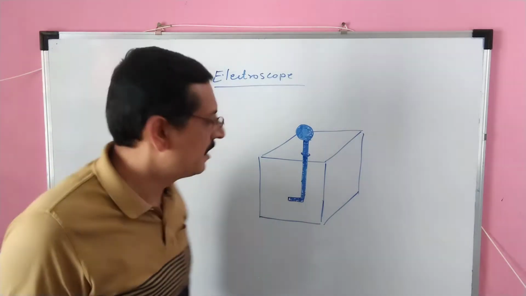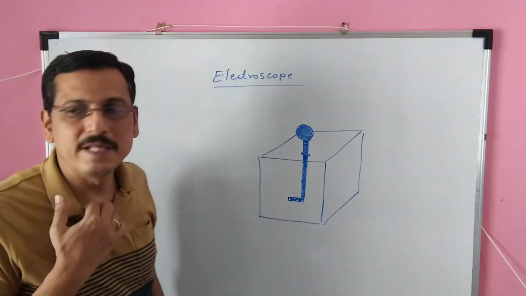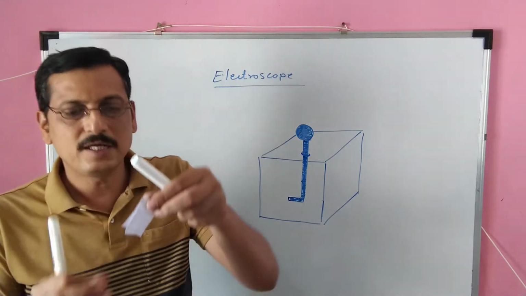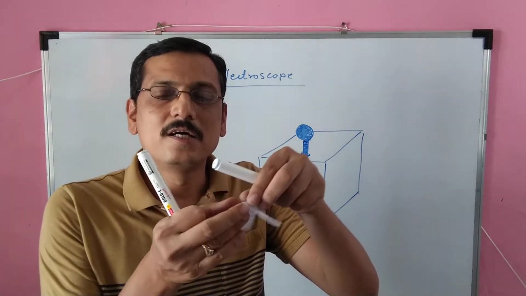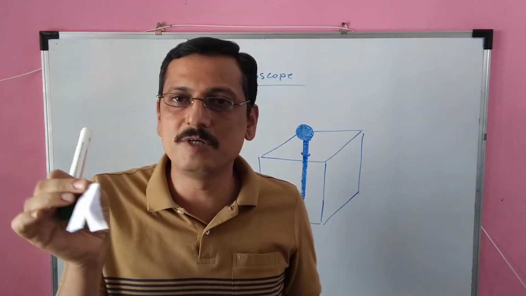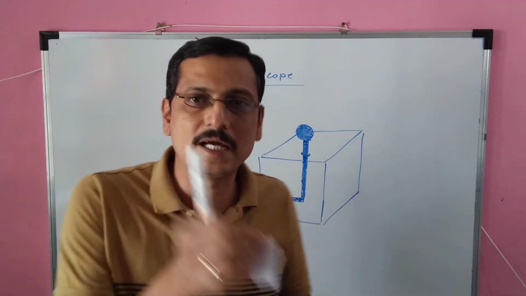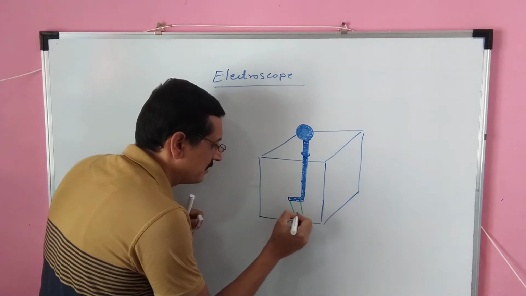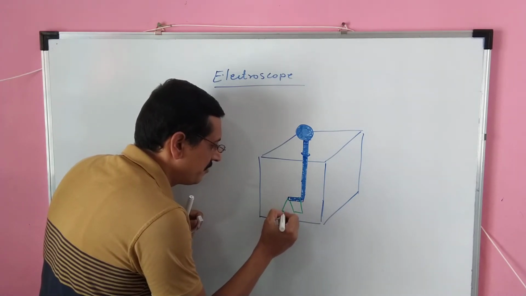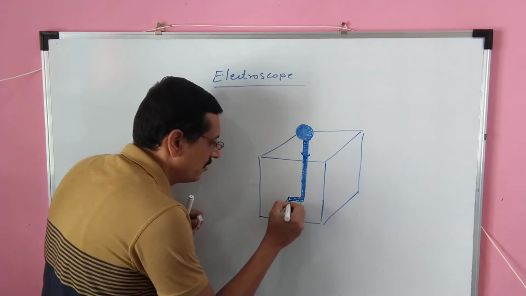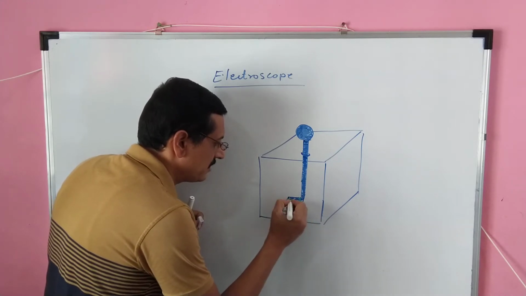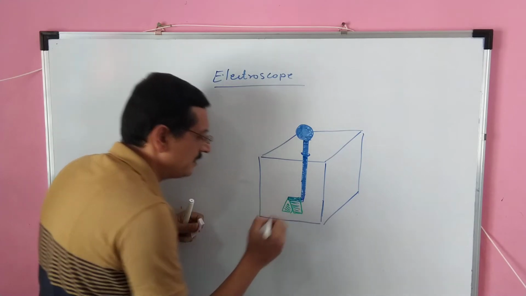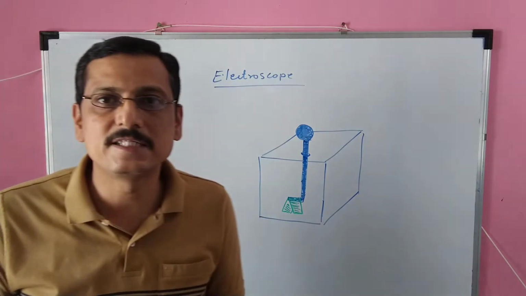You will get a metal bob in the market, and here you have to place, say, gold foil or silver foil or aluminium foil also. Like this you have to make it and place it on this. So suppose I have placed here a gold foil like this. Okay, a gold foil is placed on this. So like this, there is a gold foil placed inside this.